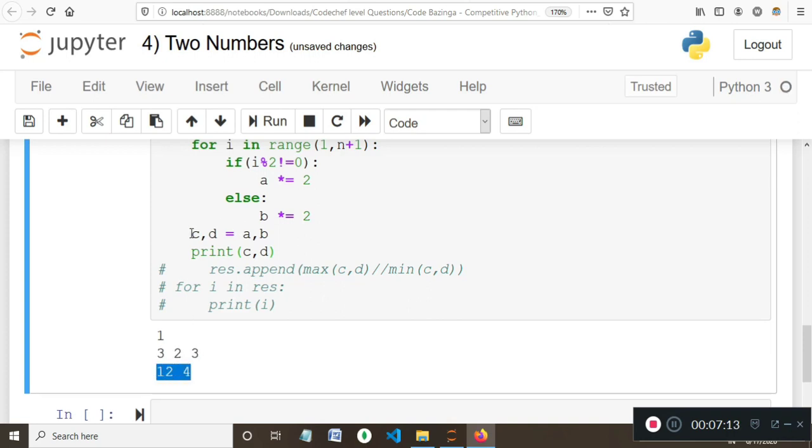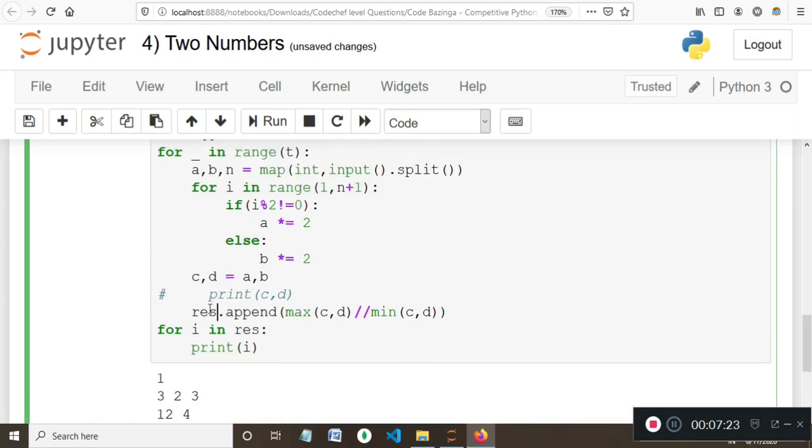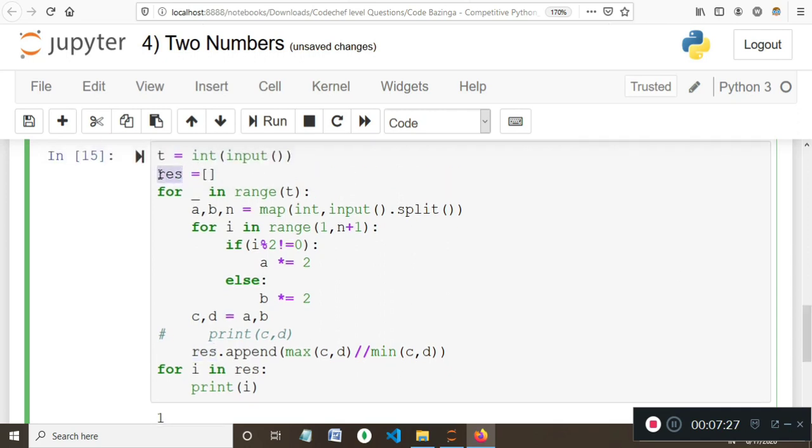So our analysis of C and D is correct. So if this part is correct, I'm commenting this line and I'm running this part of the code. Here I've taken a list result in which I'm appending the value of maximum of C and D, integer division, minimum of C and D. Max and min are the predefined Python functions.